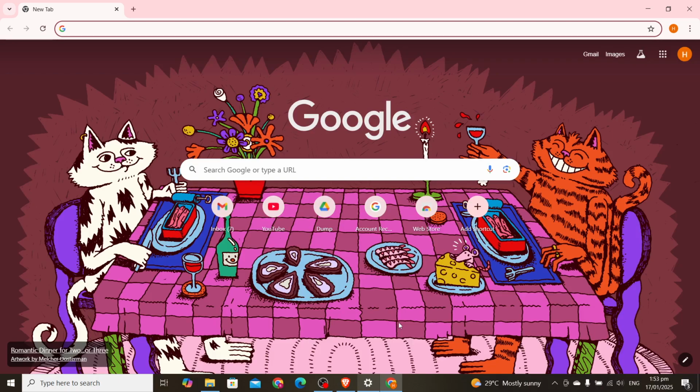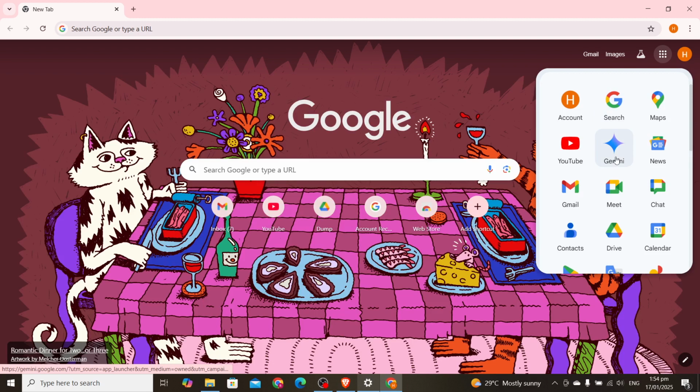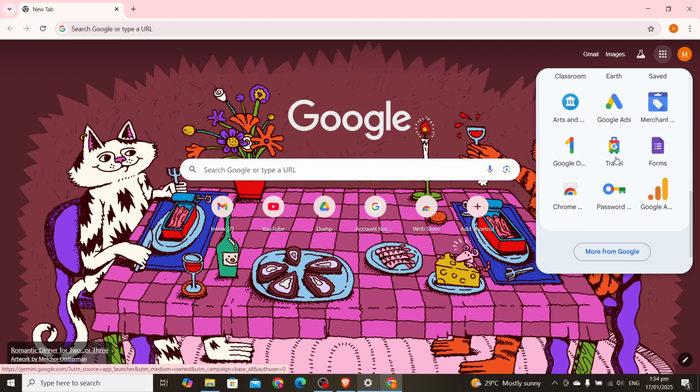So the very first thing that we have to do is to open your Google Chrome. And then as you open this, you'll be able to see this nine dots in the upper right corner. Just click that one, which are the Google apps. Then just scroll down and you'll be able to find Forms. As you click the Forms, you will be directed